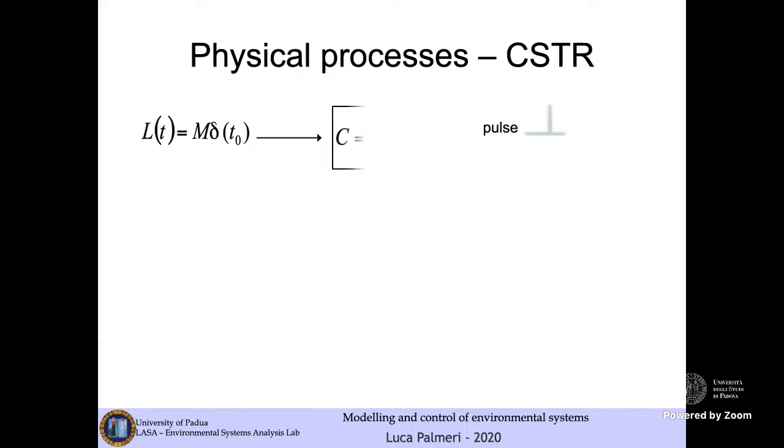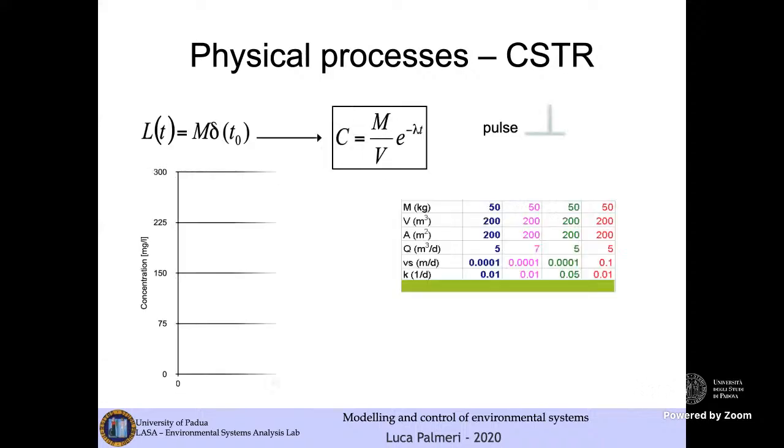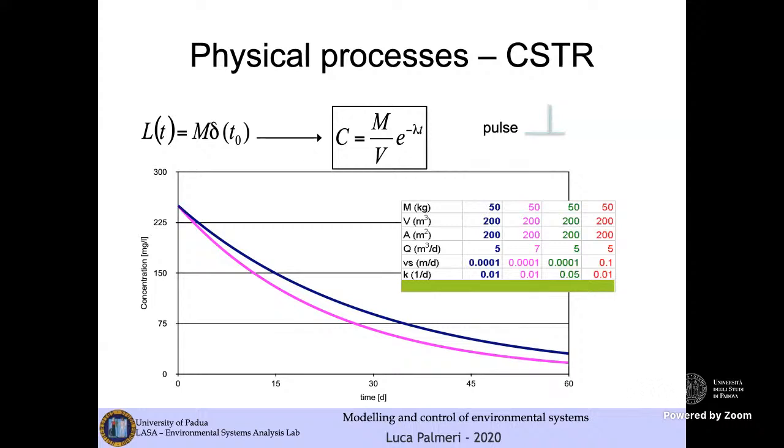So this goes to the exponent of the exponentially decreasing solution, and the curves that we obtain have this shape. So in the case of a CSTR, zero-dimensional approximation,